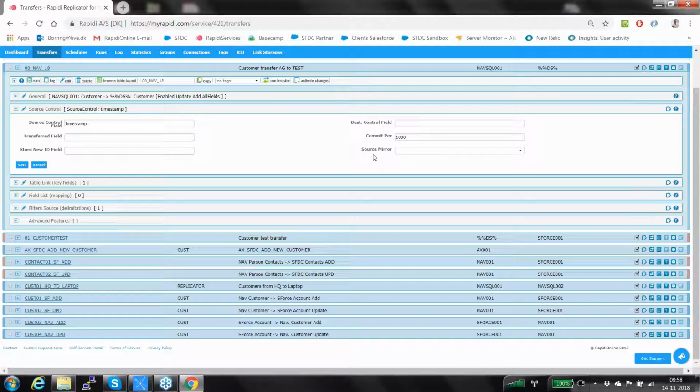Rapidi here developed a mirror technology, and mirror is basically in the same database or on the same server. Sorry, you create a database. It could also be in a totally separate server in the same network. You create a Rapidi mirror database. Just create the database and give the Rapidi user full access to it. Then Rapidi will generate compressed mirror tables of the live tables. So when, for instance, transferring customers, it would then go in, compare the live table to the compressed mirror, locally